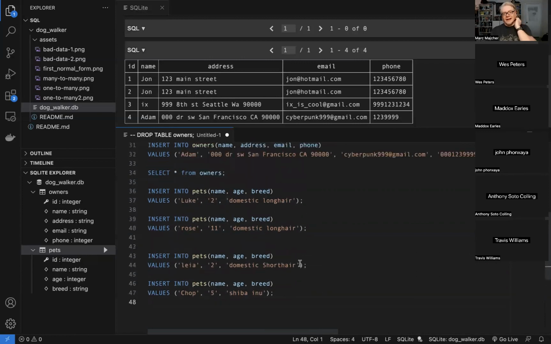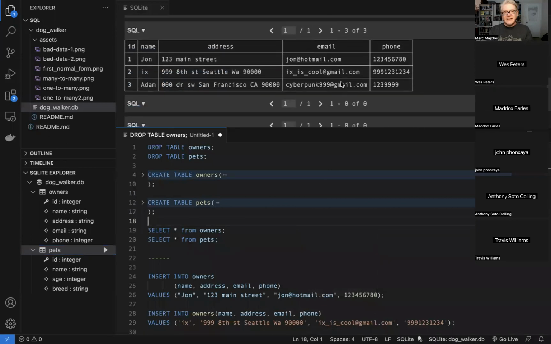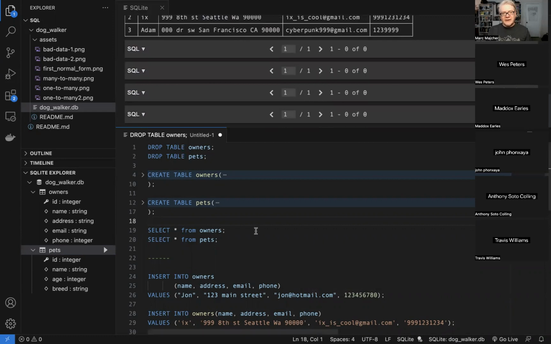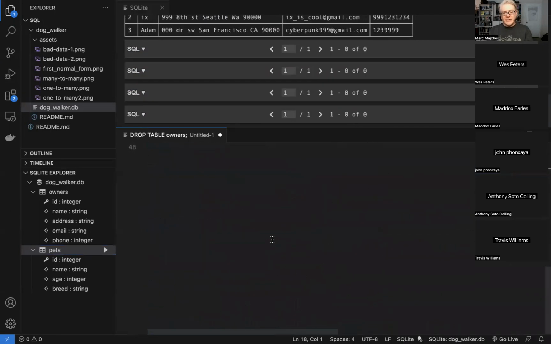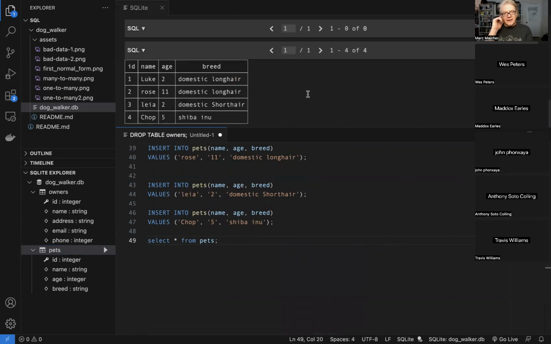Awesome. So now, I am going to uncomment these because I don't want to have all these duplicates in here. So let's execute this whole thing. Did all the things, and at the end, great. Here's our John. We didn't do a select at the end, but we can do our select at the end. Select everything from pets. Let's just run this whole thing one last time. That'll comment some stuff out. Great, and there is all our pets.